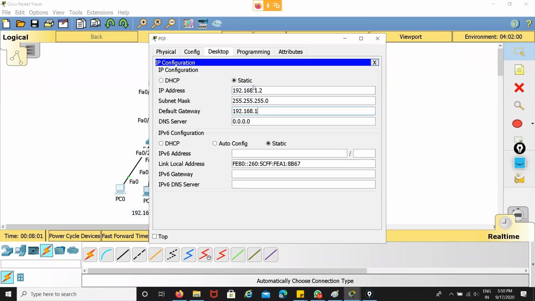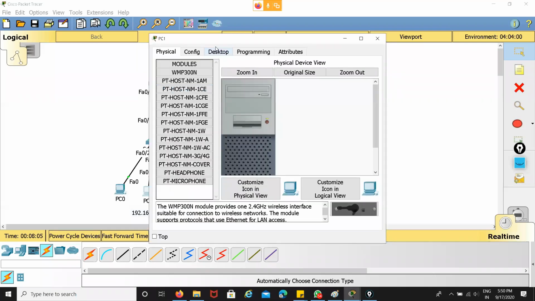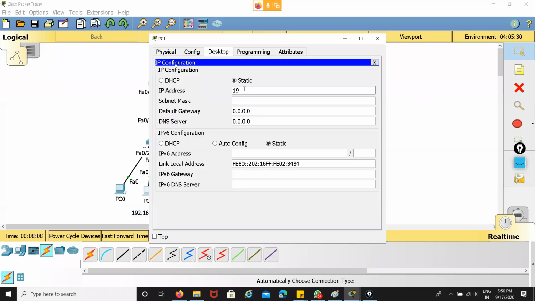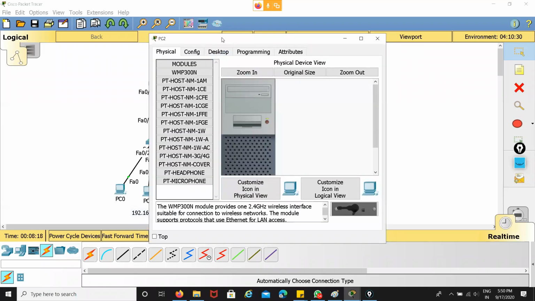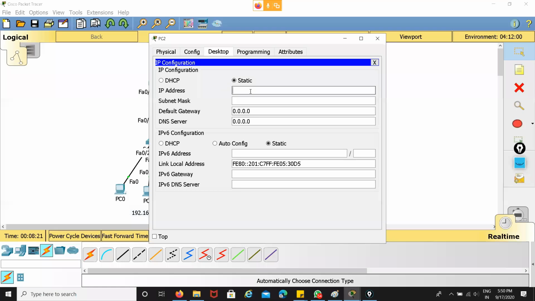Second thing is about the DNS. You also use the DNS as 192.168.2.1.